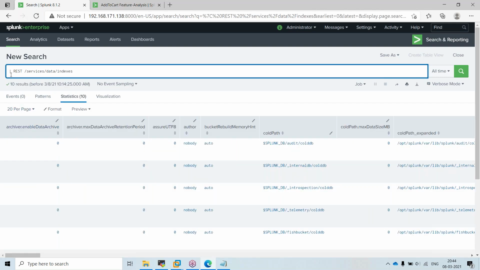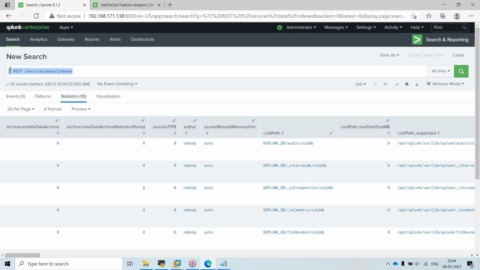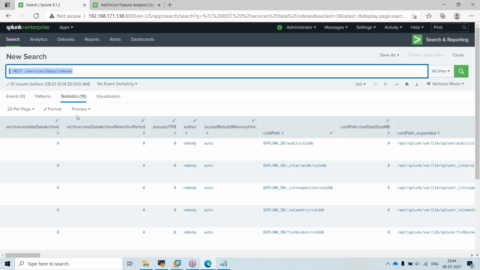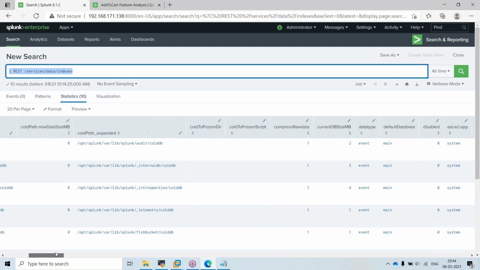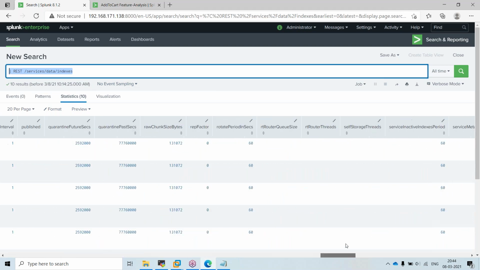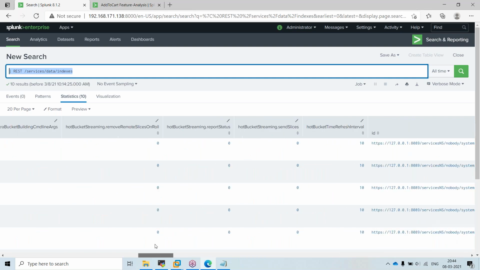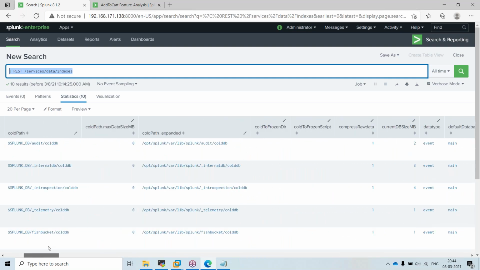This is the regular command for any project in any Splunk environment. If you give this command, it will give multiple rows, a big table displayed.